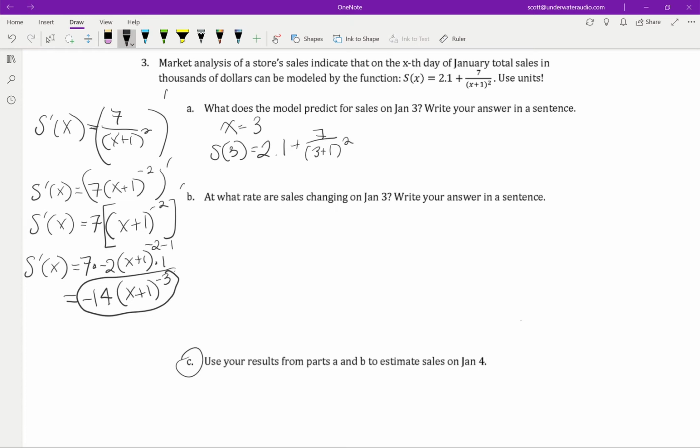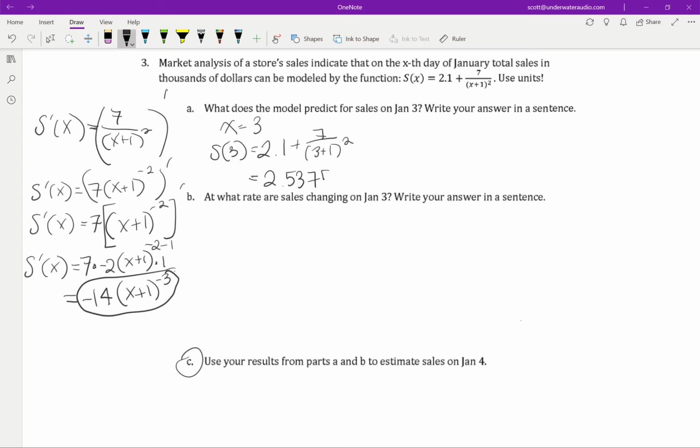7 divided by 3 plus 1 is 4. 4 squared is 64. I mean 16. Whew, that was pretty bad. 4 squared is 16, and I'm adding to that 2.1. And then, there's a trick here that I noticed when I read the problem,